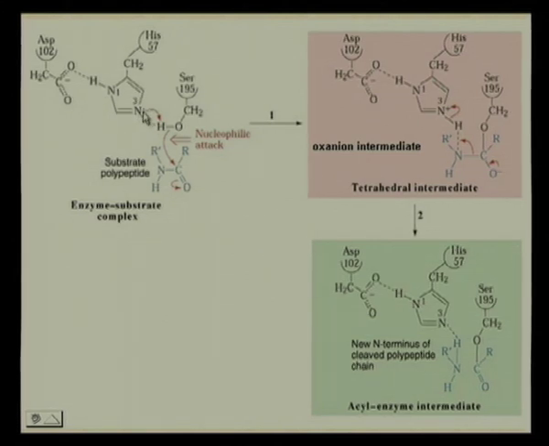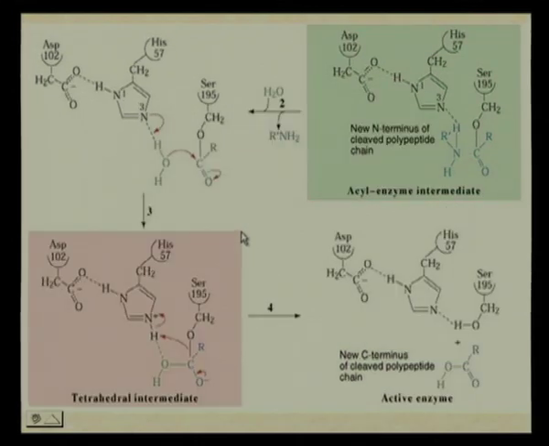The N base here, what does it do? It abstracts the H from where? Serine. And what happens? This O is linked to the carboxylic carbon that is going to be cleaved off the peptide. Then what happens is we have what is called an oxyanion intermediate, a tetrahedral intermediate, and we have a cleavage of the peptide bond. Okay? That is essentially what the whole step is all about, and all we need to know is we have